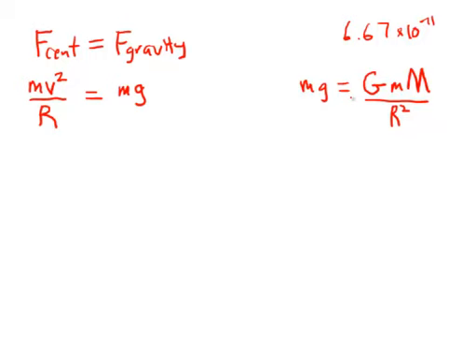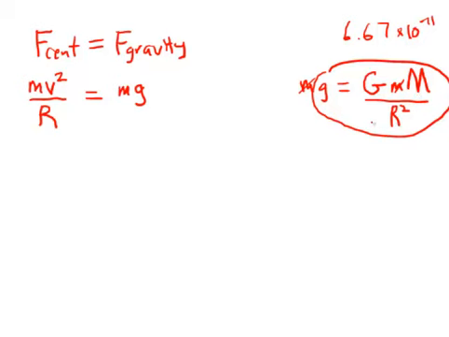If we divide both sides of these by the mass of the object itself, we see that the mass of the object is insignificant and can be canceled out, and we get a formula for g, which is equal to the gravitational constant times the mass of the planet divided by the radius of the planet, or really the orbital